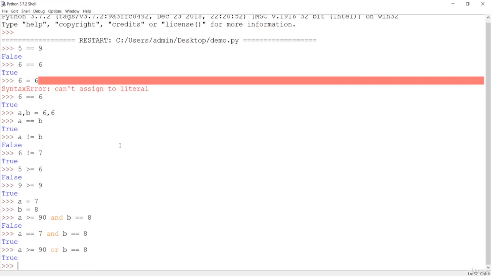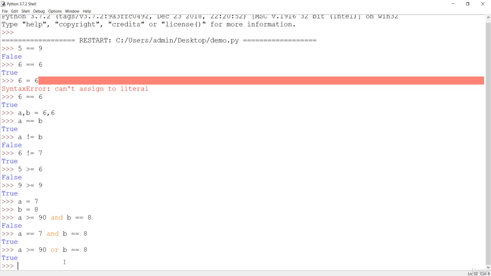So you can see here, if one of the conditions is true, then this OR will give us true. It does not need each of these conditions to be true. Either of these conditions being true is enough. It is saying this should be true or this should be true. If any one of these is true, then it is going to give us true. That is for the OR.